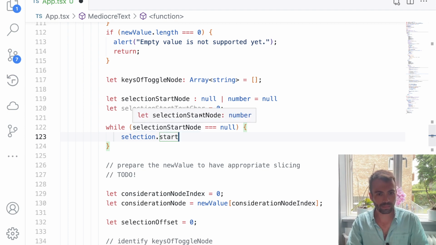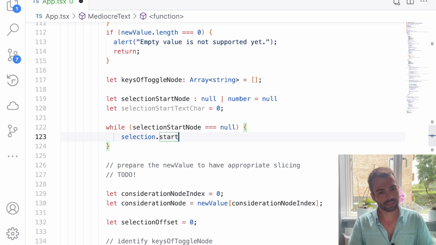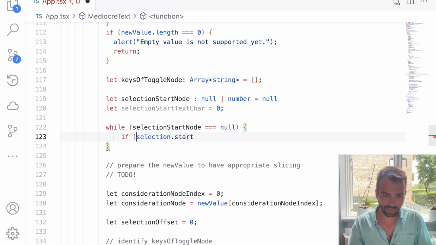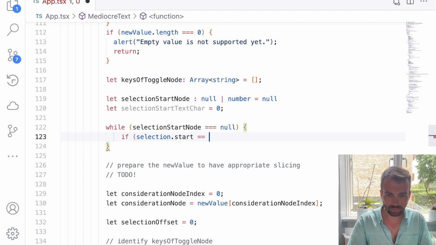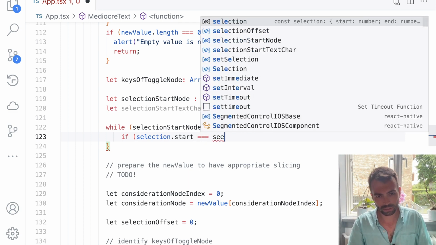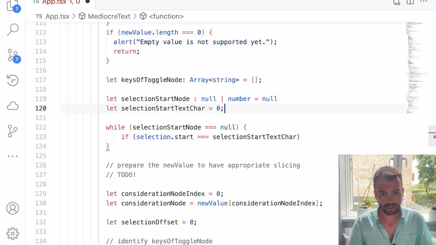Because in the metadata for the value, it doesn't specify really any numbers. All the numbers are inferred based on the length of each string. This is terrible code to write. This is not fun. But we'll do a test. We'll make it work. So if the selection.start is equal to the selection start test character, and then we also